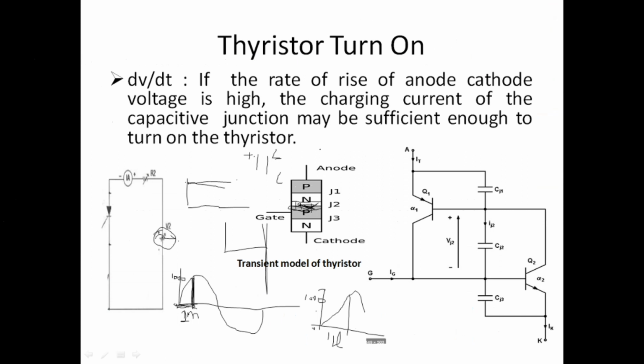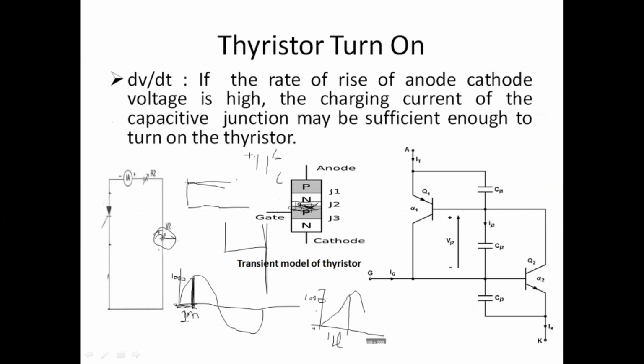Okay. So now the next question. You have learned this many times. Okay, we'll analyze. See here, this is the two transistor model. This is the junction J1 capacitor, because here also there is a small